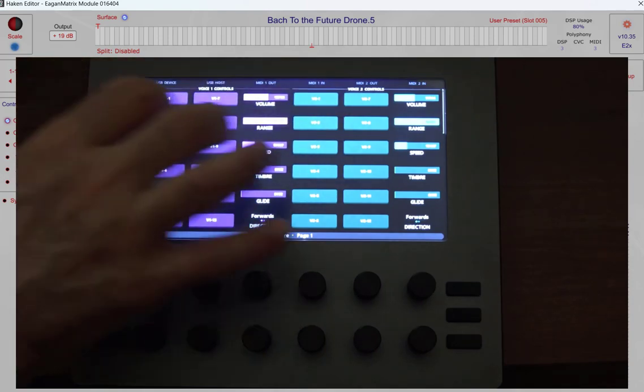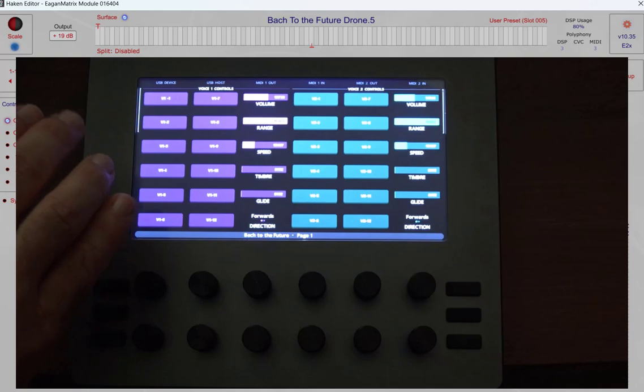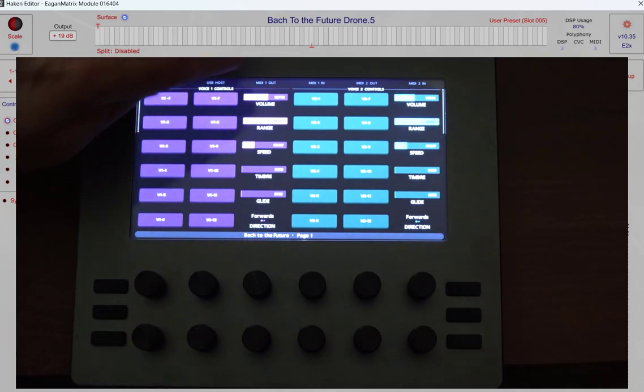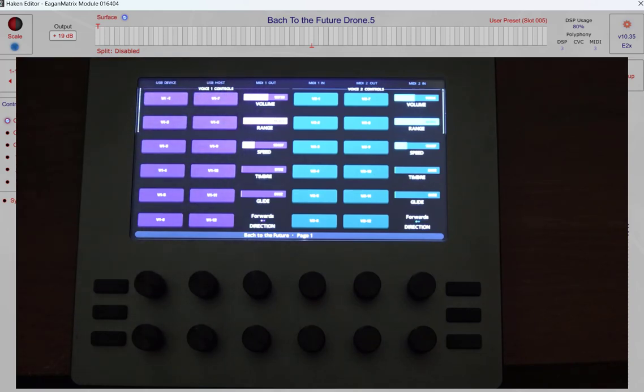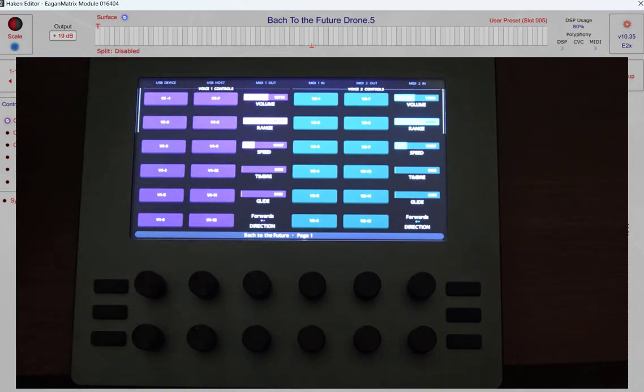And currently, I have them set so they're playing the same graph at the same speed, which I can control. I can control the volume of each oscillator, the range that it moves through the graph. So if I only want to go through 10 notes on the graph, I can change that. The speed at which it moves through the graph, I can change the timbre of the oscillator that's playing. And then I put a little glide on each one so I can put a little portamento on this. This is treated as a drone, right? So if I play a key,